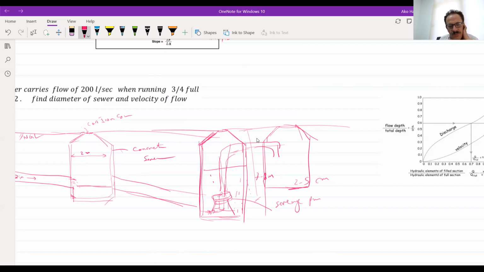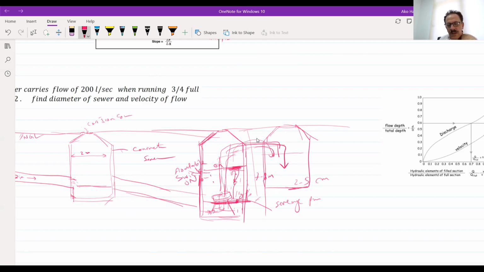This pump will work when we have a float double switch, on and off. So when the level of the waste in this last manhole reaches a certain level, the switch will turn the pump on, and it will work until the level in this manhole becomes like here. Then it will stop. So on, off. The pump's duty is just to empty this amount into this manhole.